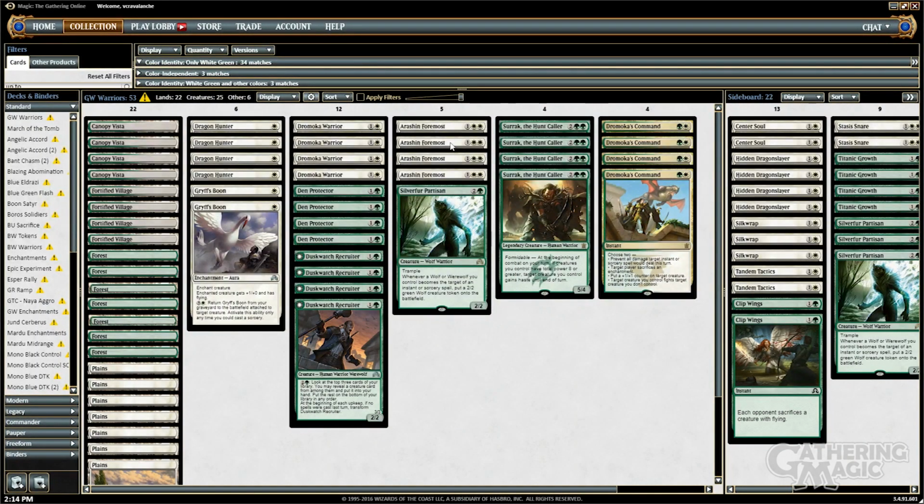Dromoka's Command. And then, yeah, because the Gryff Boon is probably just superior as well to try to get the double strike off the Arashin Foremost. Then the trample damage off the Silverfur Partisan and the Titanic Growth. So, I don't know. It needed a lot more messing around with the quantities, seeing what we can do about the mana base, see if we can actually fix it better than what...